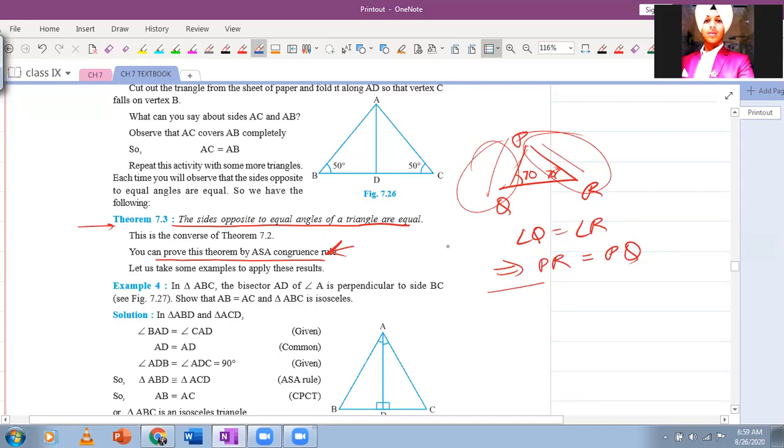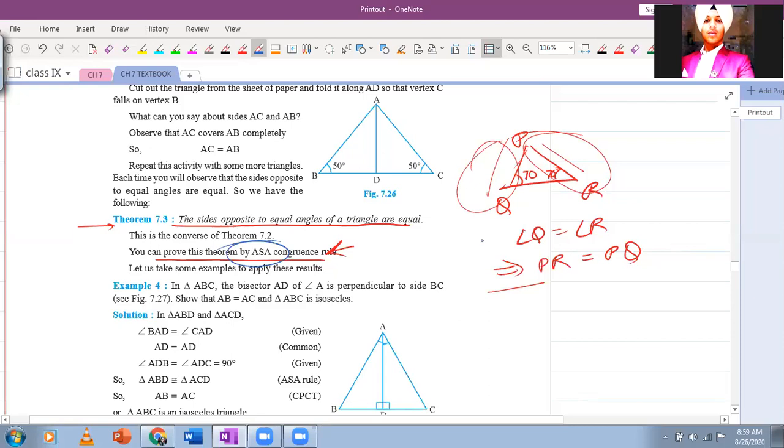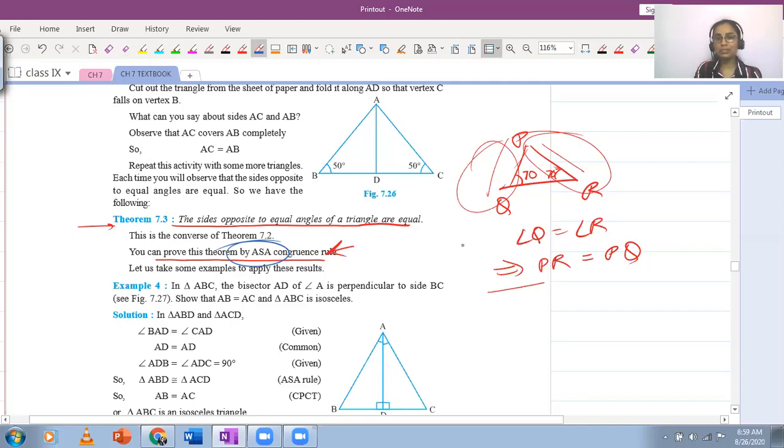So only one result is applicable, one criteria is applicable. Angle sum property. That will give you AAS. So two angles on the side, that's the only thing you can do for this one. Try to brainstorm, try doing this. Like in question, in exam, if you get a question where you have to prove congruence, this is how you think, whether or not a criterion is applicable or not.